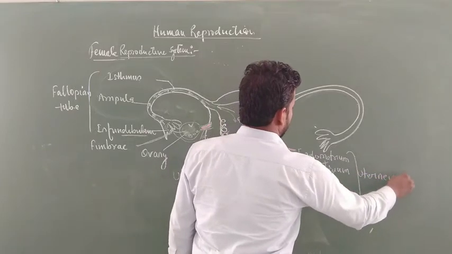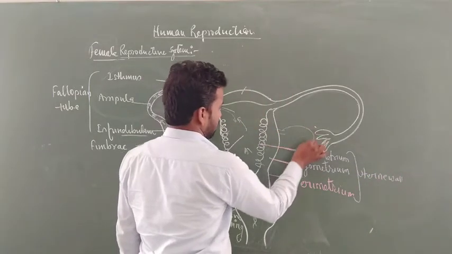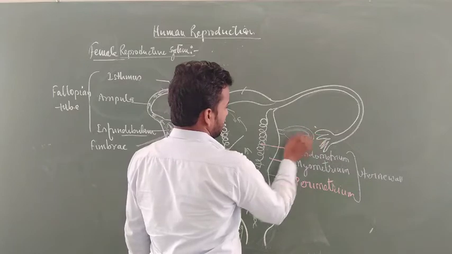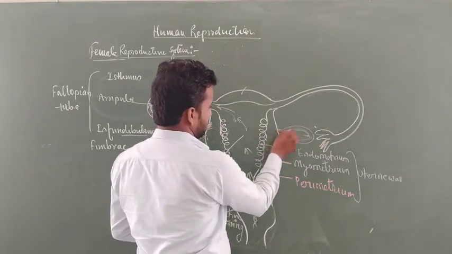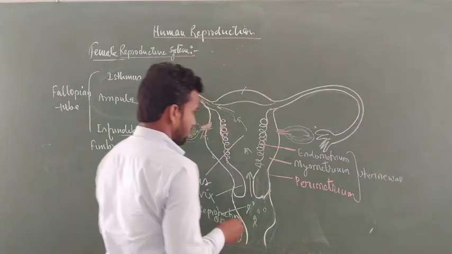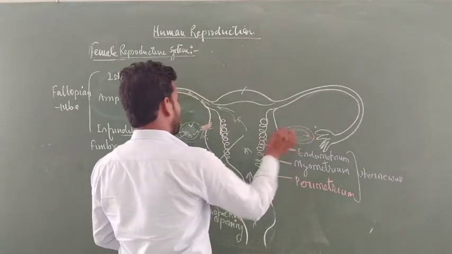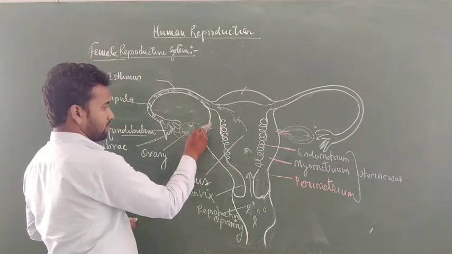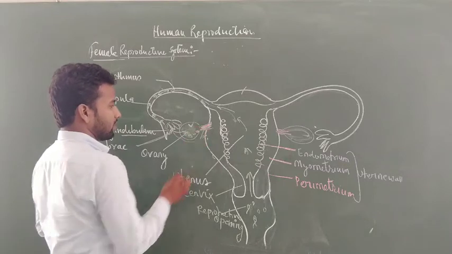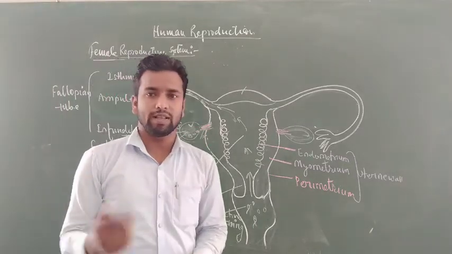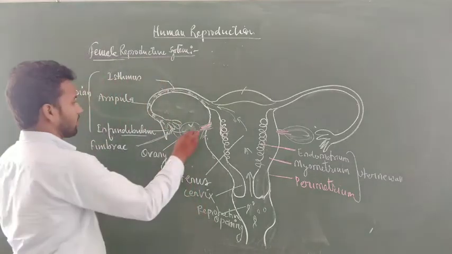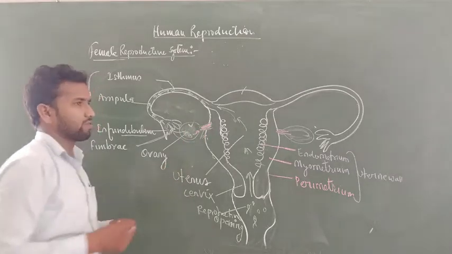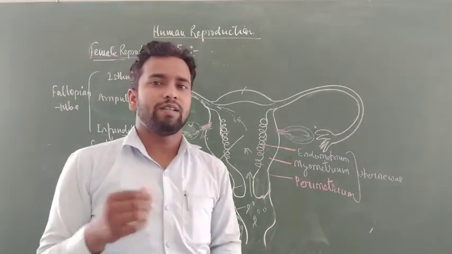From the external side of the uterine wall, the ovary is attached by a ligament, and blood vessels from the uterus supply the ovary. The ovary contains oogonia, as in the male we have spermatogonia. The oogonia divide by meiotic division to form a primary oocyte, then a secondary oocyte, then a maturing follicle, and then the Graafian follicle.